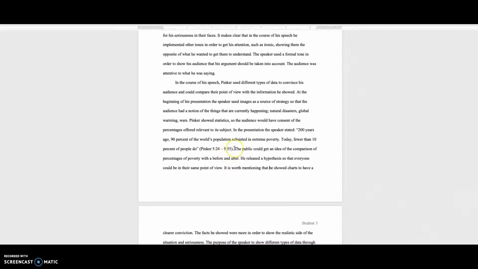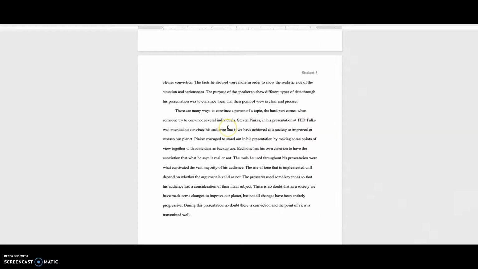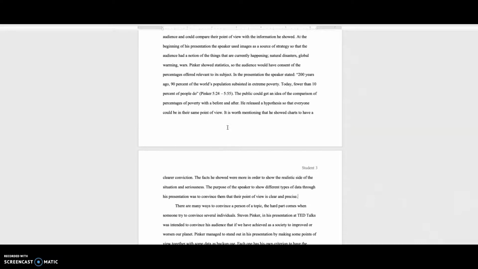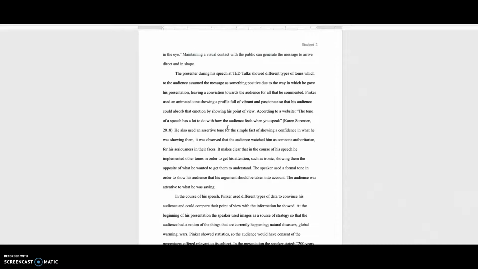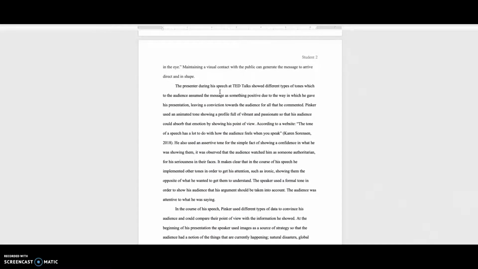Another thing that comes up in the handouts on MLA format and the in-text citations is if you're quoting from the TED Talk, you want to include the speaker's last name and the time in which they spoke. So this one can be found between 5:24 and 5:55. All right. Then the person talks about the audience and moving on. Seems to end kind of abruptly, though. Looking here, though, let me just see real quick. I don't think he talks about rhetorical appeals, so that might be one thing that he is missing.